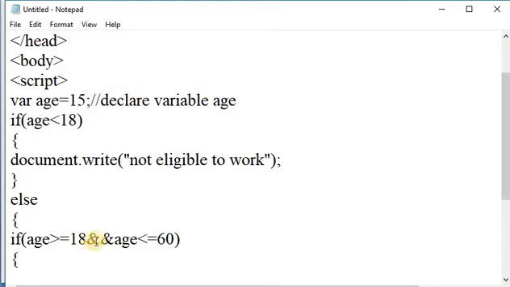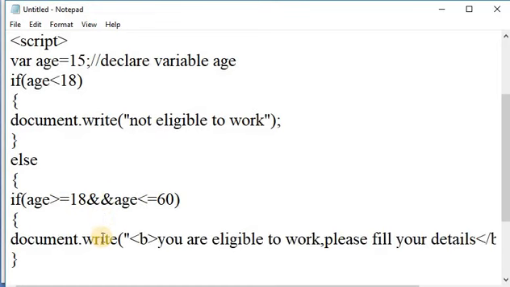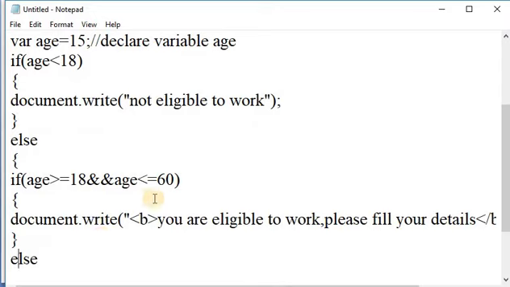Here the logical AND operator is used. In this logical AND, it checks the two conditions. If both conditions are true, then print the first line, that is you are eligible to work.